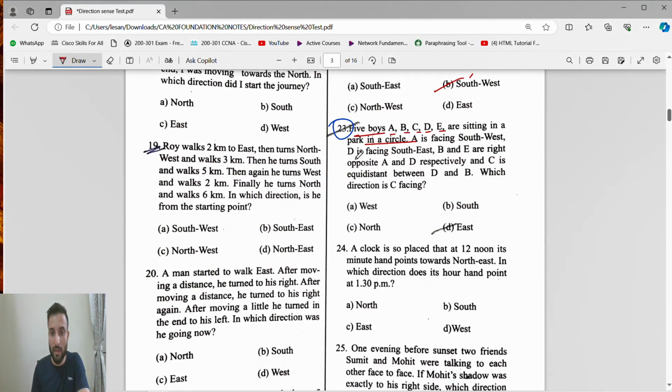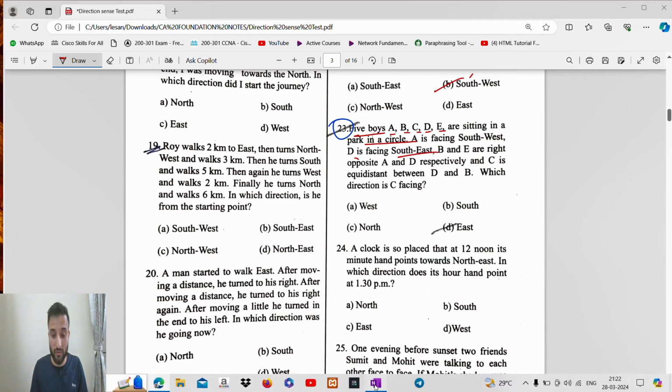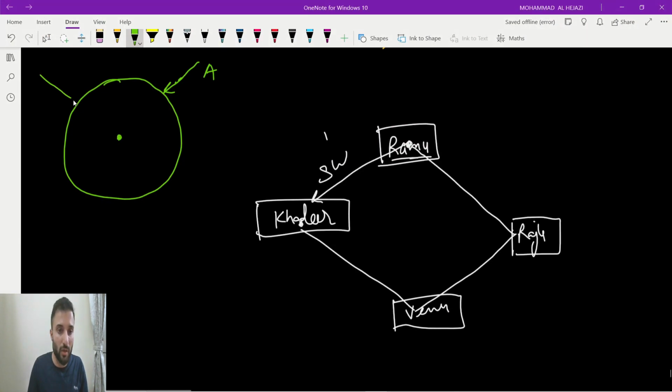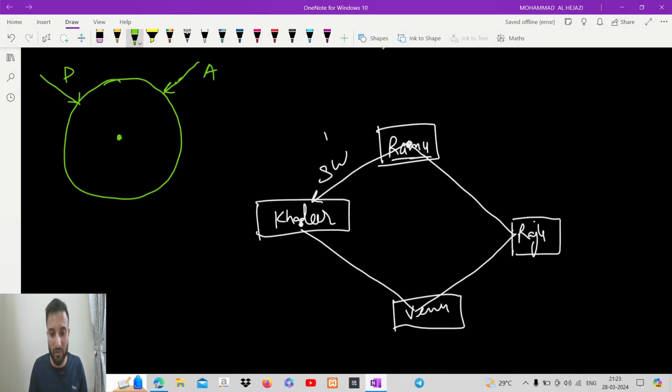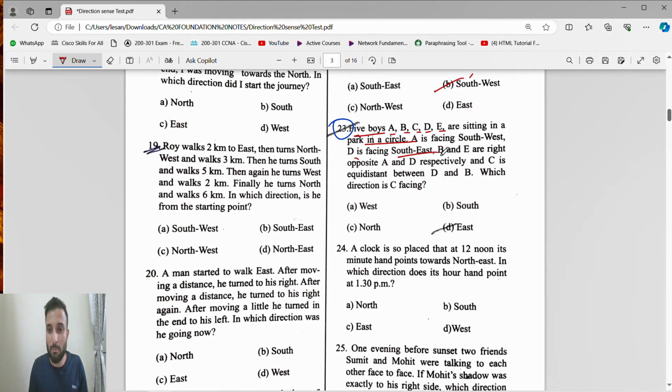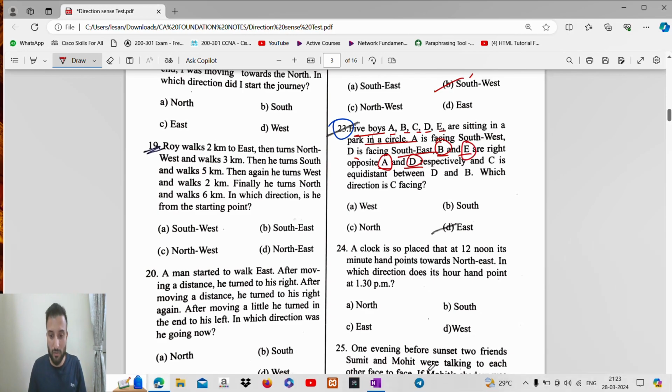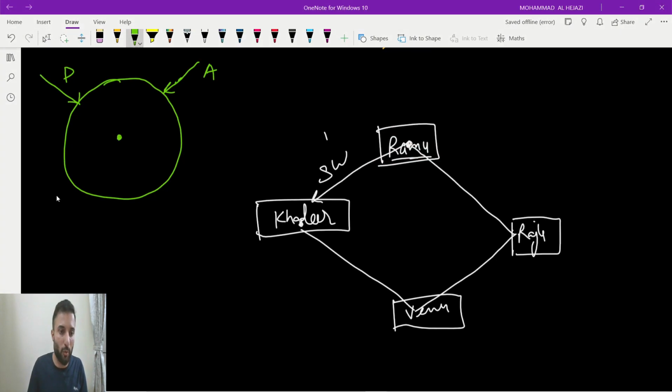उसके बाद बोल रहा है D is facing south east, D भैया फेस कर रहा है साउथ ईस्ट, तो ये हो गया हमारा D किधर फेस कर रहा है, साउथ ईस्ट, D is facing south east. Then B and E are right opposite A and D, so B is opposite of A and E is opposite of D, so B is opposite of A, तो B opposite है A का, तो देखो भाई B opposite हो गया A का और E opposite हो गया D का।